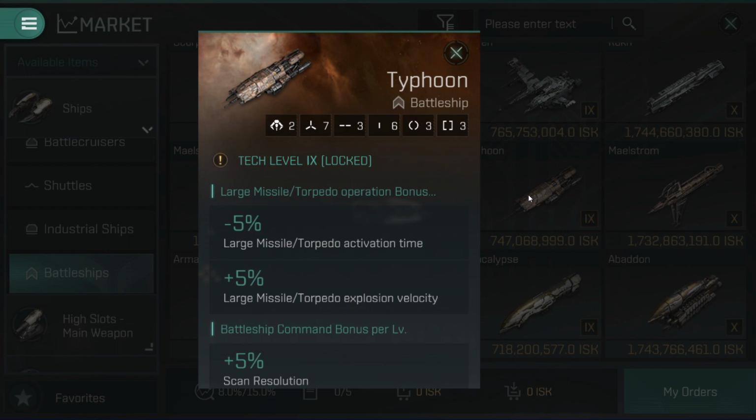Now the large rapids, while not being as good as they used to be, the Typhoon gets a bonus to torpedo and missile explosion velocity, which is one of the main issues for the large rapid missiles. There's an issue where they have a problem with the explosion velocity versus explosion radius. It's not high enough, and because a lot of the skills from EVE Online have been completely deleted from EVE Echoes, one of those is a skill that ups your explosion velocity, making missiles much better at applying damage to